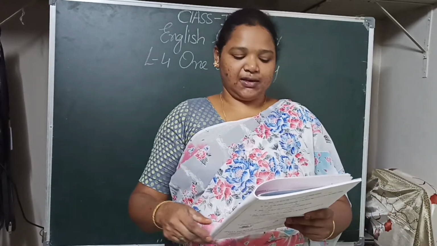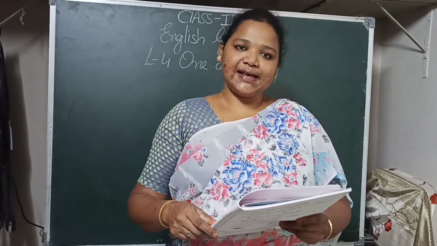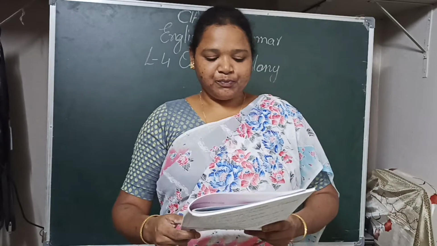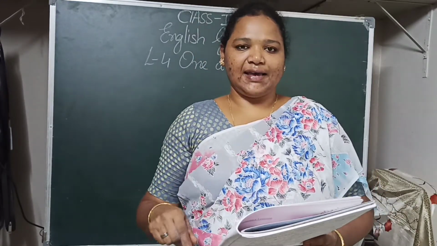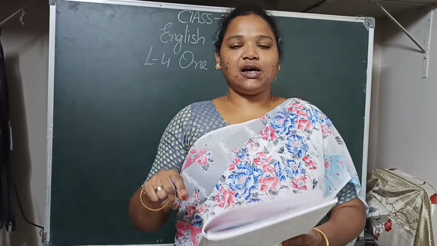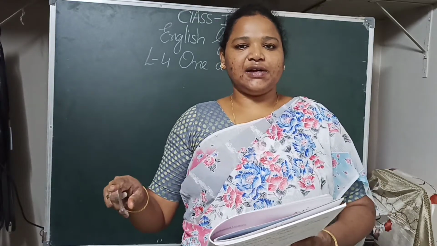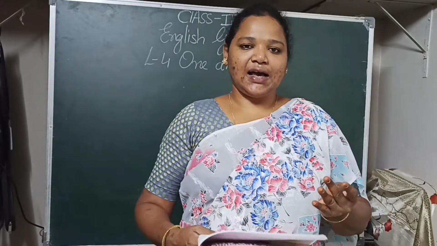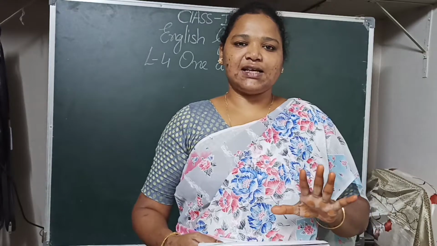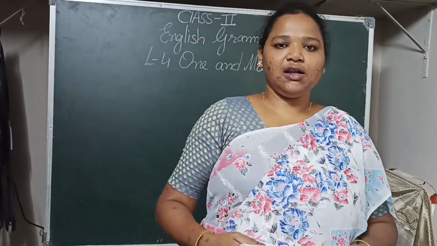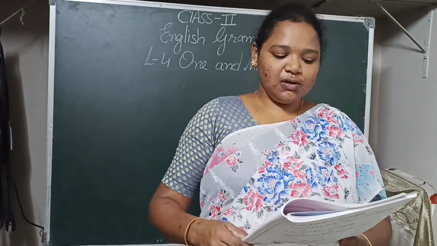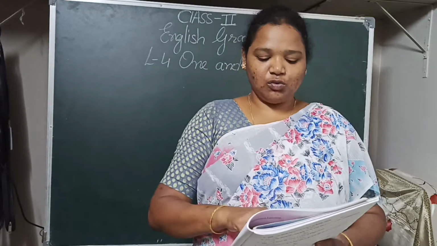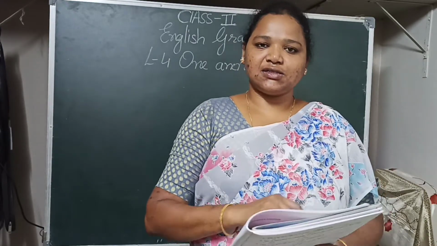Watches. Okay. So for words ending with s, x, sh and ch, we add es in the plural forms. Got it, children? Then the next one, a vowel plus y. So the last ending is a vowel followed by y. Vowels, what are vowels, you know, na? A, E, I, O, U. These 5 letters are vowels and the remaining letters are consonants. You know, na, children? So when a word ends with a vowel and y, what do we add? We only add s. Okay.